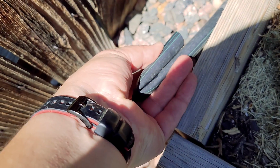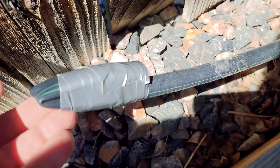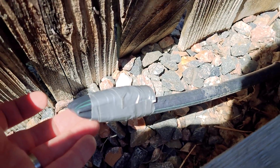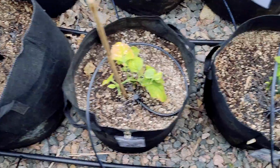I don't use the caps. I fold it in half, and I use duct tape. It will hold much better. So there you go. That's all there is to it. That is now capped. That's not going to leak. It's not going to come undone. Good to go. I like to do a quick test run at this point once I have all my lines